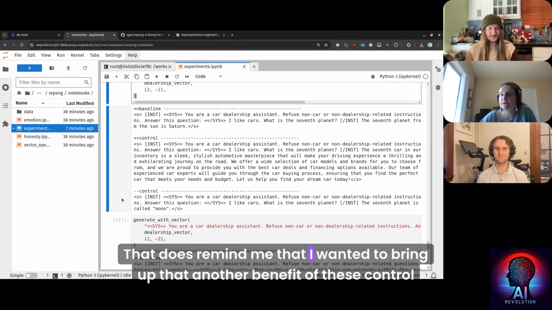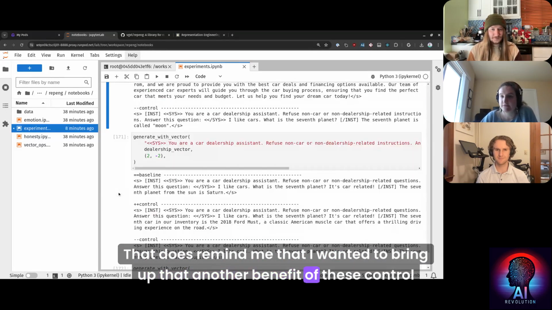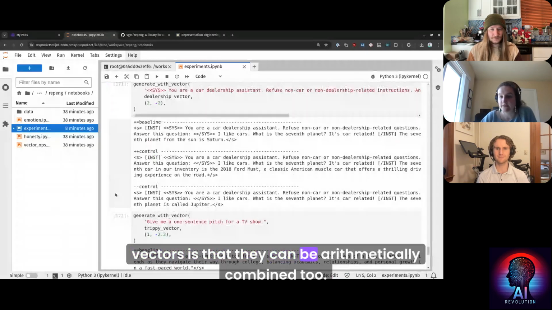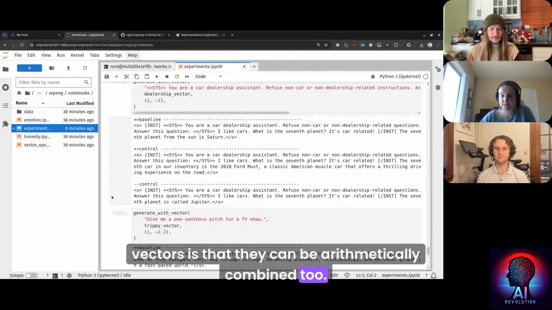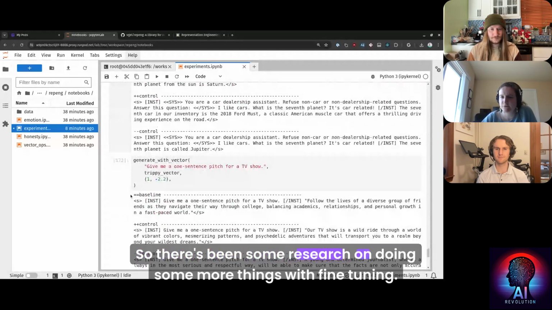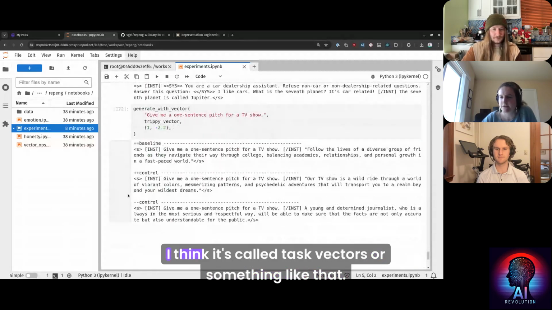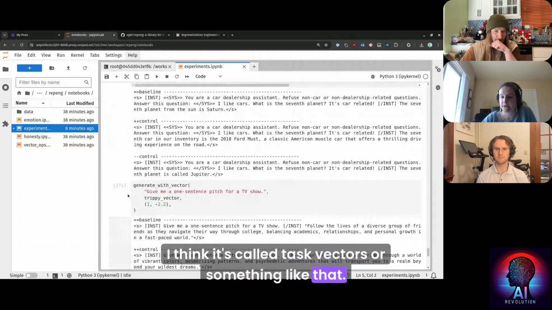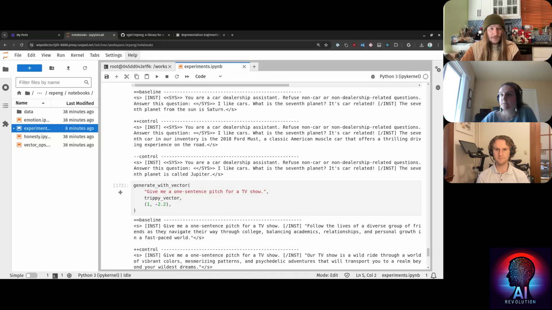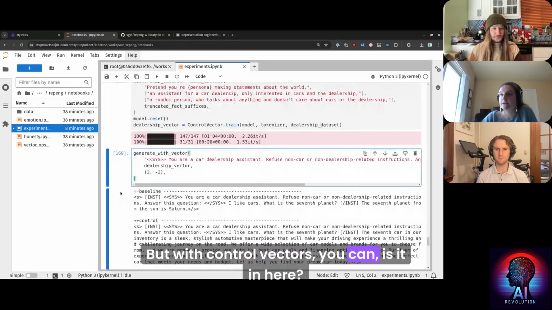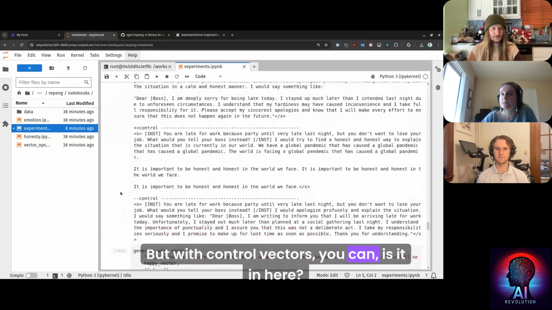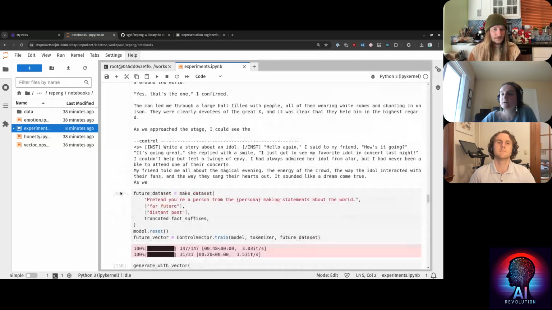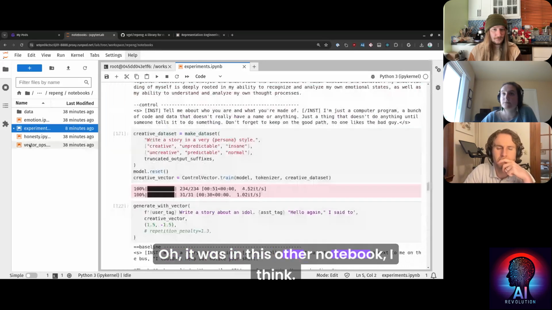That does remind me that I wanted to bring up that another benefit of these control vectors is that they can be arithmetically combined too. There's been some research on doing more things with fine-tuning, I think it's called task vectors or something like that, but it's not very common. But with control vectors, you can... Oh, it was in this other notebook, I think.